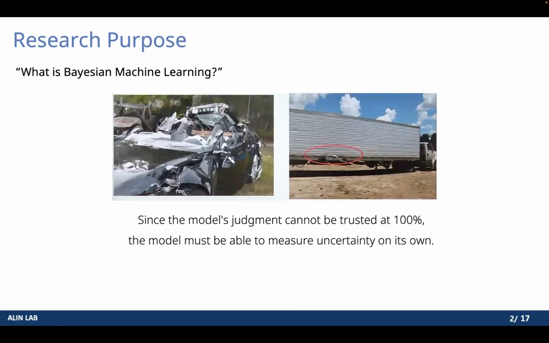Recently, humanity is seeing rapid advances in AI. Nevertheless, we cannot trust the model 100% of the time. The figure shows a Tesla, and there was an accident where an autonomous model mistook the side of the trailer as the sky and collided with it. To solve these problems, AI itself must be able to model uncertainty. To ensure AI stability in real-world scenarios, we would like to learn more about Bayesian machine learning.